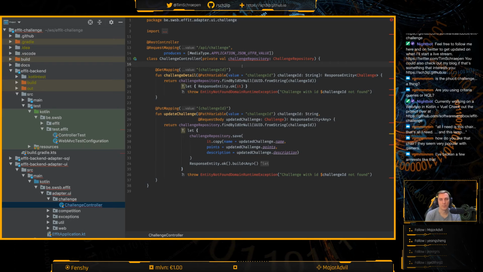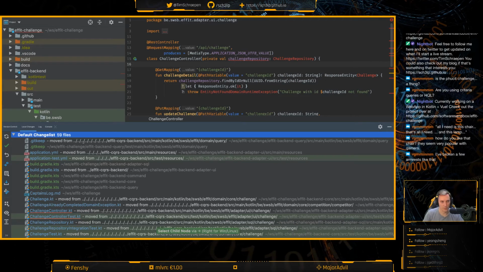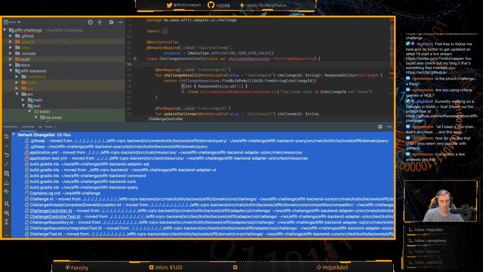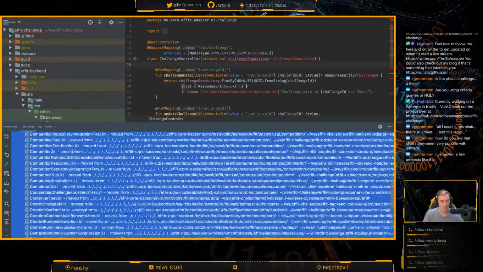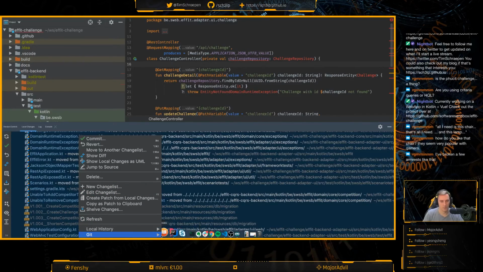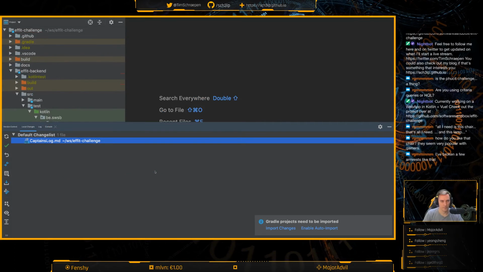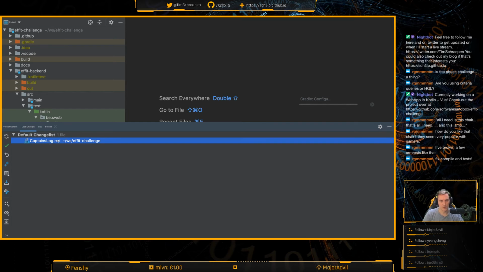Okay. So let's do that. Let's just revert all changes. And then just extract into more packages. Another thing I want to keep though is a captain's log. So I'll do all of this without the captain's log. Yeah, revert. Nice. And then import again. Because then what I'll need to do now